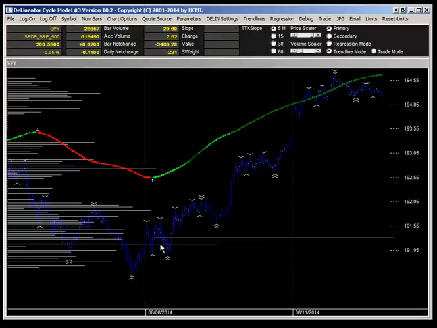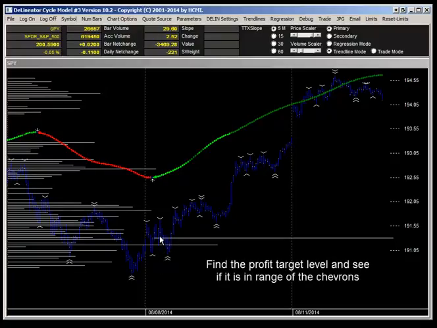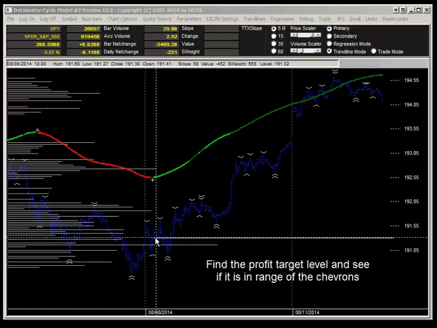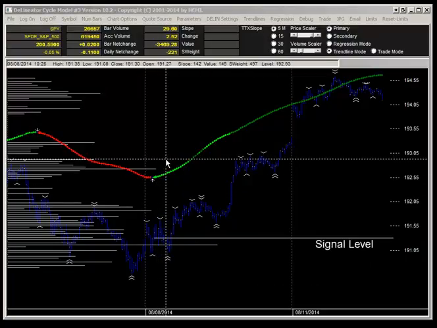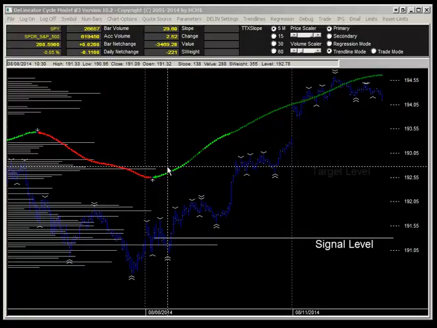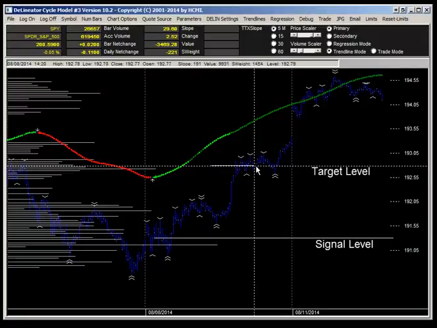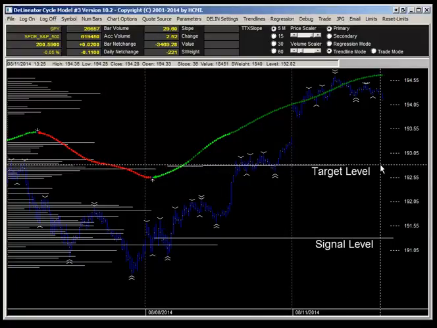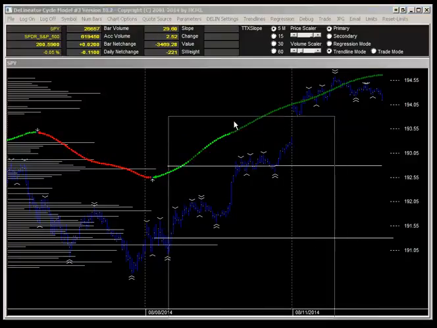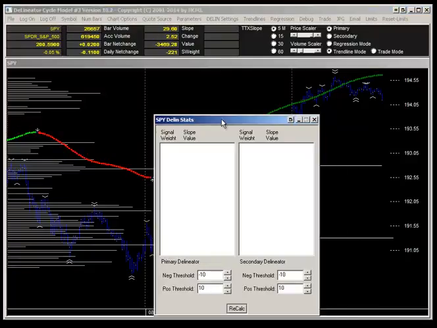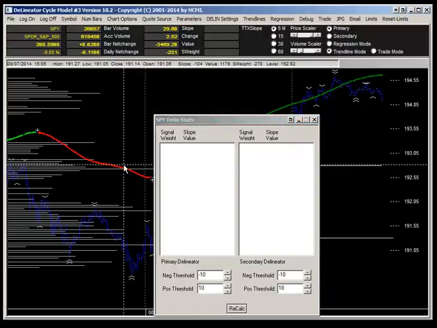So first we need to find 50 cents above. So if our signal is 191.29, 191.79 would be the target level. So let's find that. Here's 191.79. Remember, when the signal was generated, these bars weren't there. We're right here. So if we just cover up those bars, okay, so here's our level, and let's push this back this way,